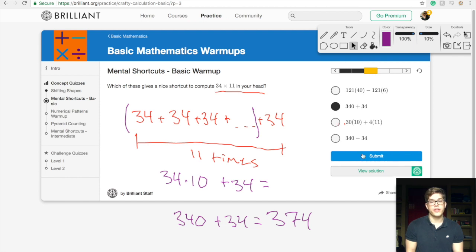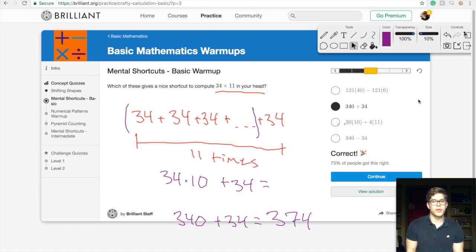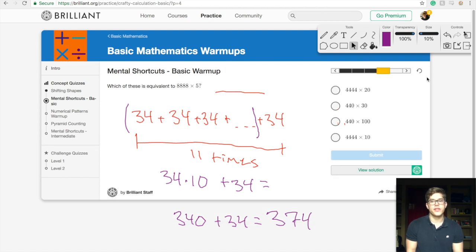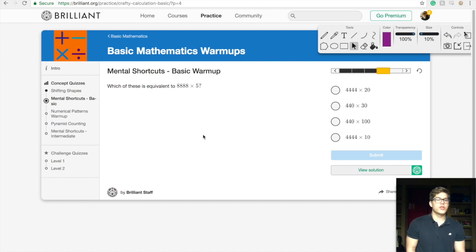So let's submit our answer. Awesome, great work. Go to the next problem. Let's see what it is. Which of these is equivalent to 8888 times 5? So,